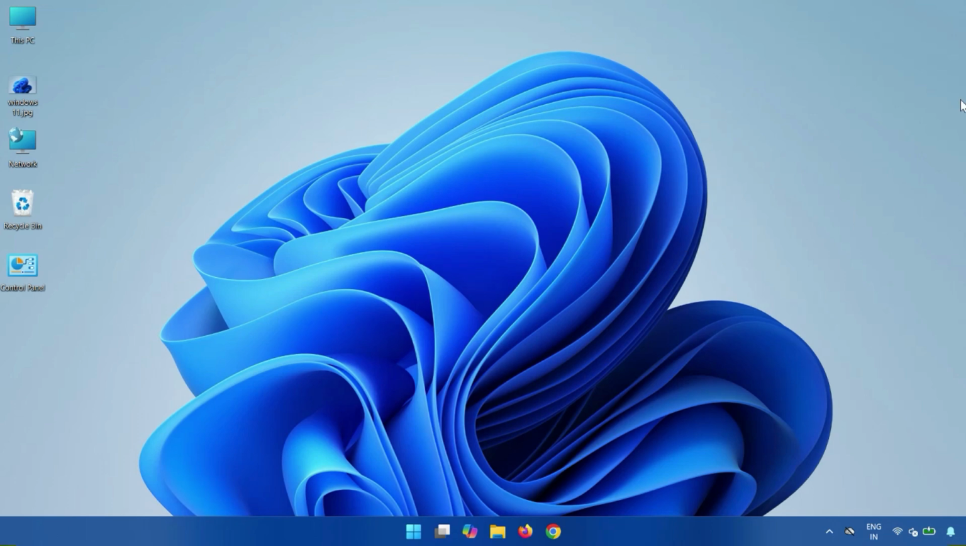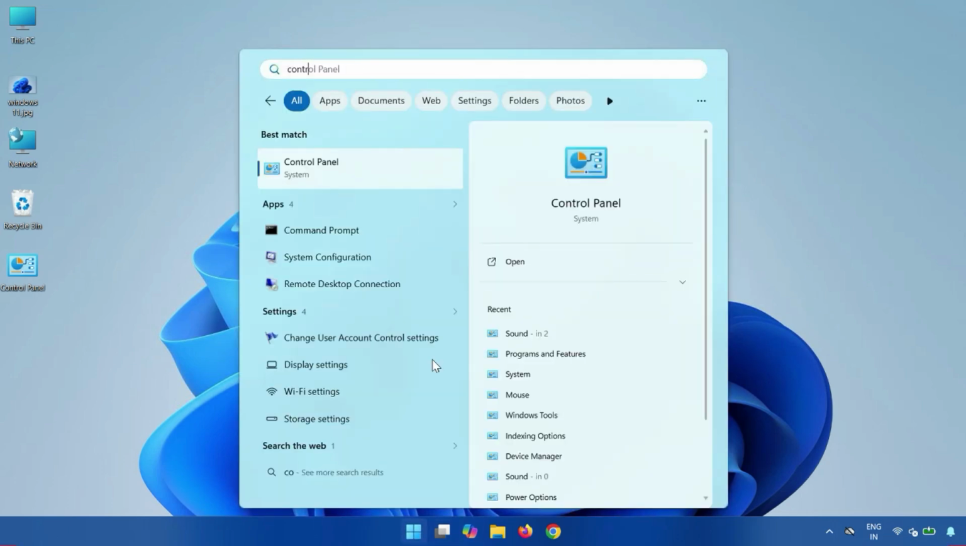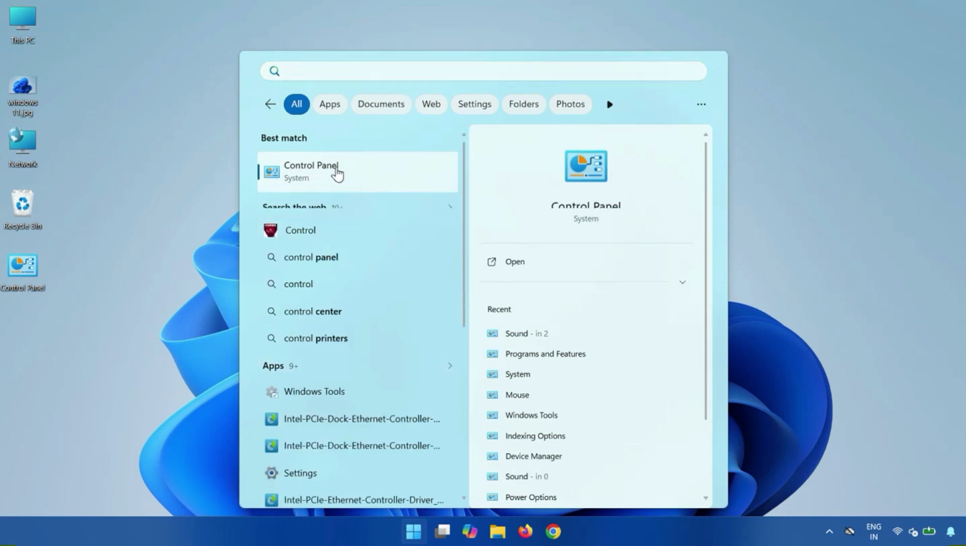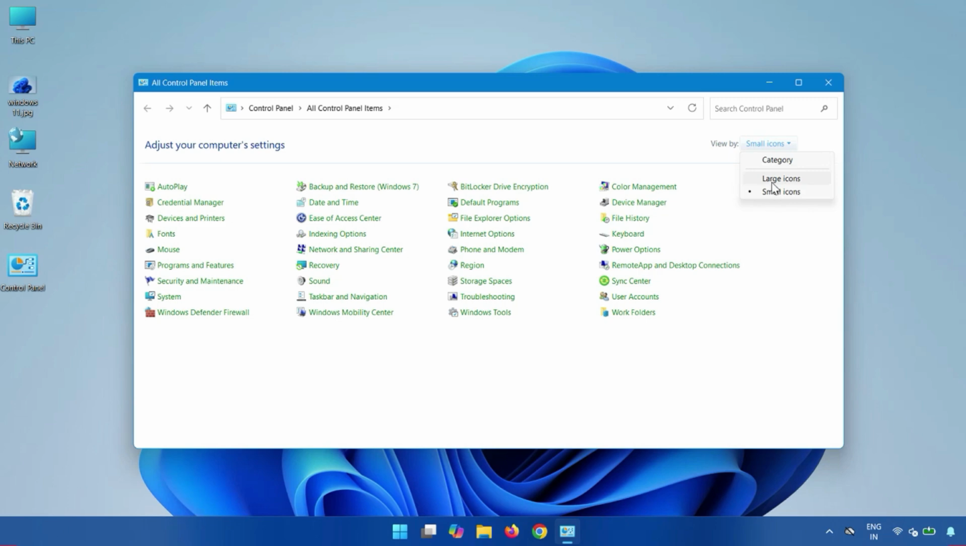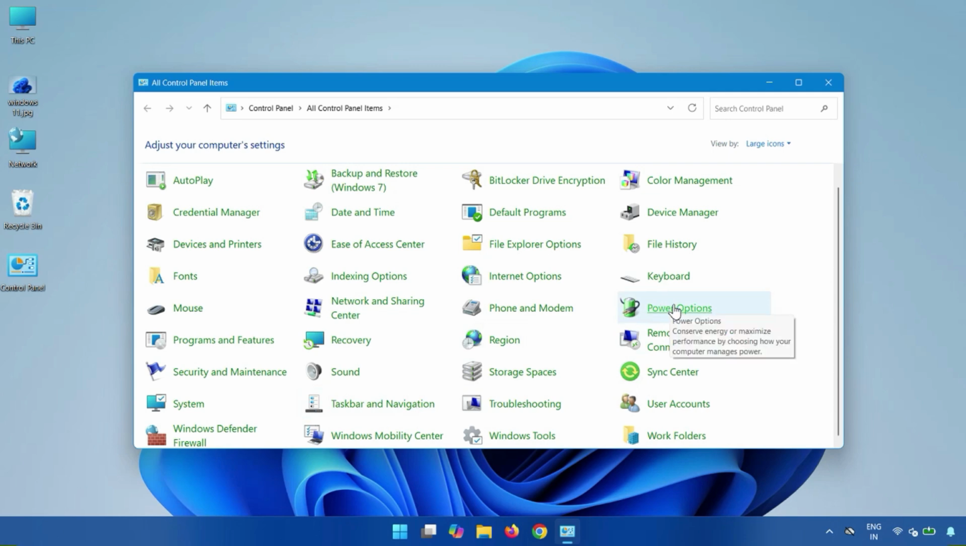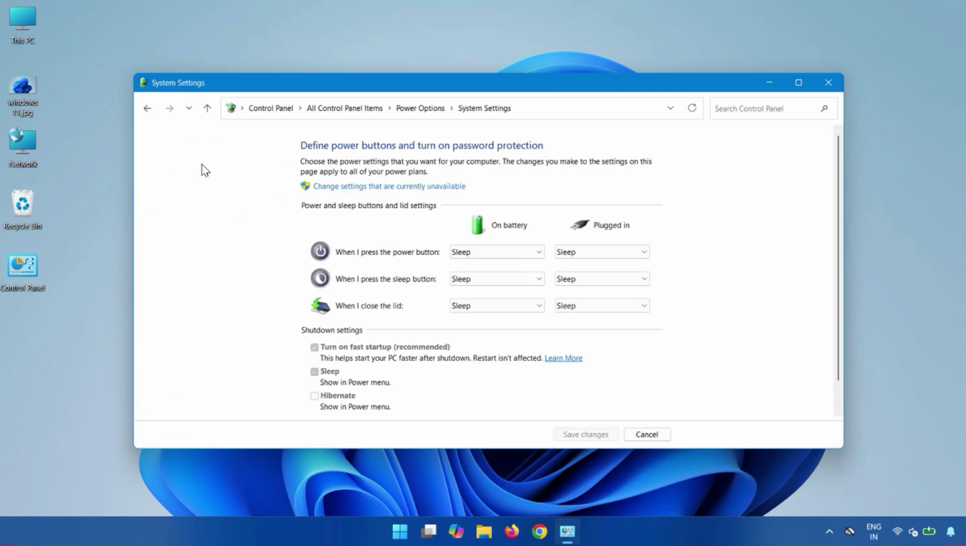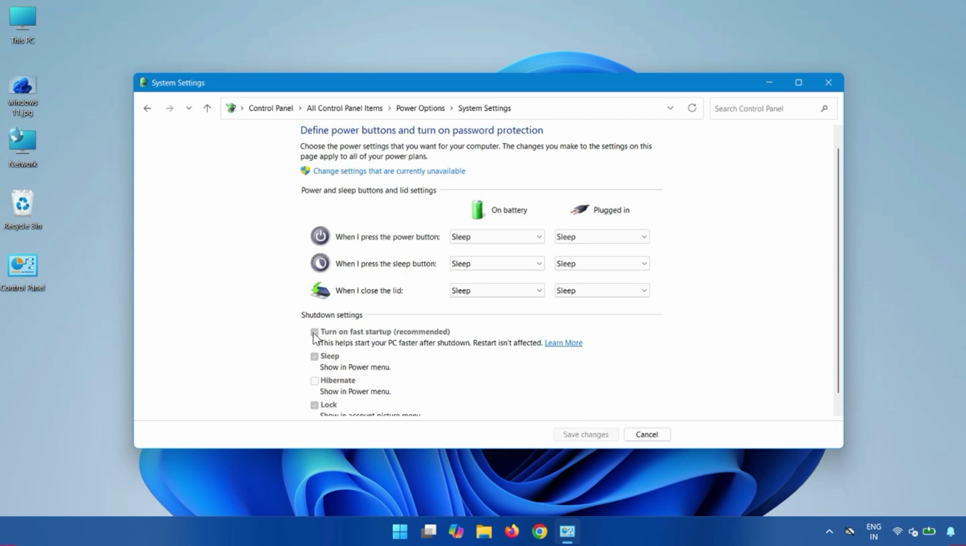Next method, disable fast startup. Click Start, type control panel, and in View by select Large icons. Find Power Options, this is the icon. Click on it and then click Choose what the power button does. Click on it and scroll down. Guys, you need to turn off fast boot. Just uncheck it and save changes. Okay, then next,